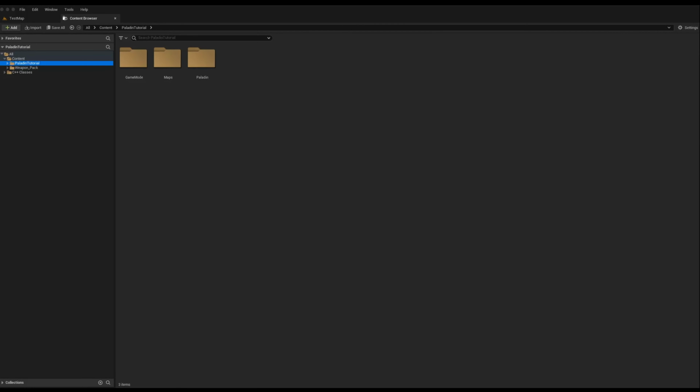Okay, so now that we've got the movement, we need to get the look around, because when you move the mouse, it doesn't do anything. The character needs to be able to look around. So go ahead and fire up the Unreal Editor, go into Paladin Tutorial,